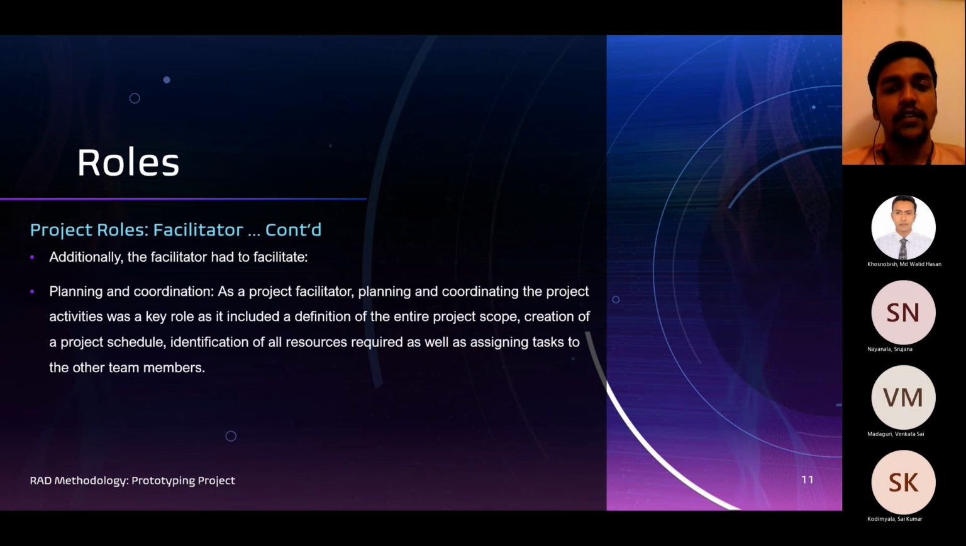As a project facilitator, the following were the roles and responsibilities required for the successful implementation of the prototype, like planning and collaboration. As a project facilitator, planning and collaborating the project activities was a key role as it includes a definition of the entire project scope and also a project schedule, identification of all the resources. And the next